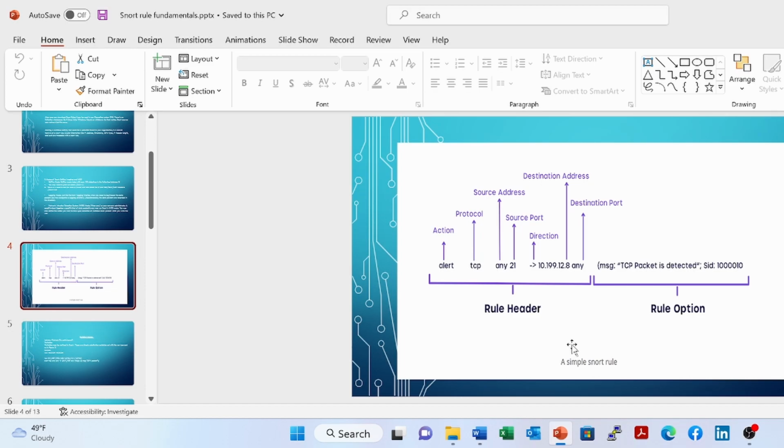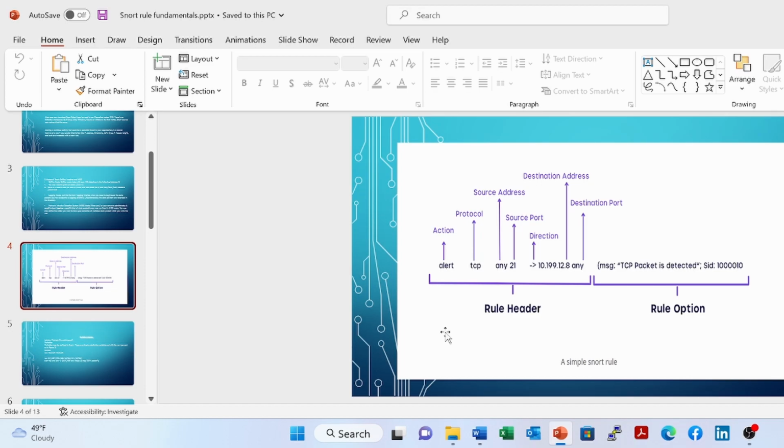The second one is protocol. The third one is source IP address. The next one is source port, and then the direction, and then the destination IP as well as the destination port. So I will go over them one by one